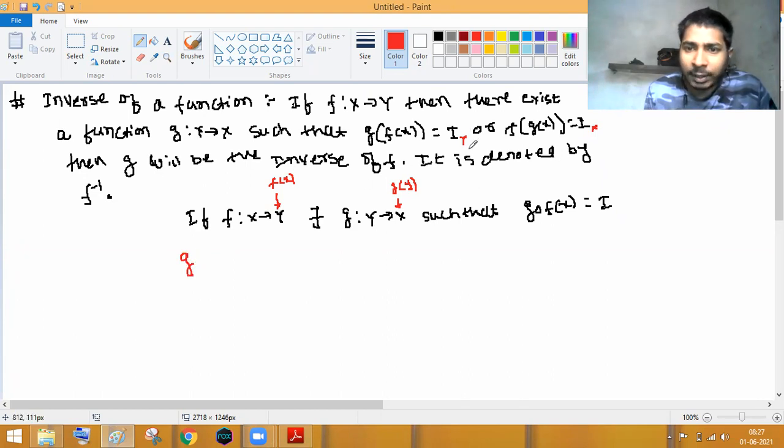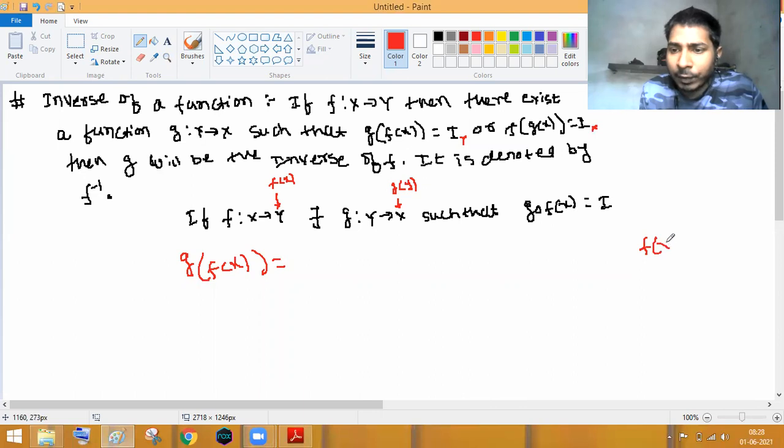Now, यहाँ पे आपको दिया है ना, यदि आप देखोगे तो g of f of x is I_Y लिखा है. Can we say that g of f of x will be equal to, what is the identity function? If you have to define it for f of x, then I can say that x. It means this is the identity in x, whatever will be the domain of that function. जो domain होता है function का, वही यहाँ पे identity उसी के term में आता है. Are you clear with this? Clear? Are you there in the class?